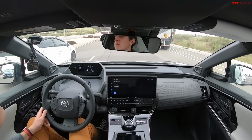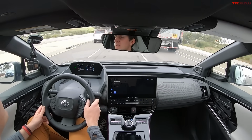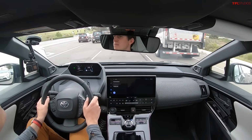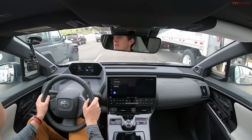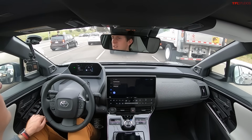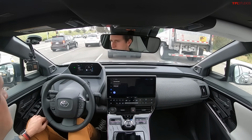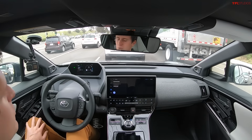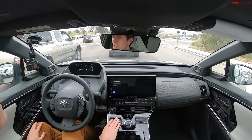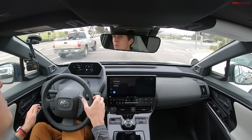So here we've got a red light, 48, 47, 46, 45. Now on a true one pedal experience, I'd have no problem stopping, but in this vehicle I do have to apply the brakes before I run into the back of this Range Rover in front of us. And then when we do come to a stop, it does have creep, and I don't believe there is a way to disable creep. So I'd love a way to turn creep off, and I'd love that one pedal experience to be a little bit more